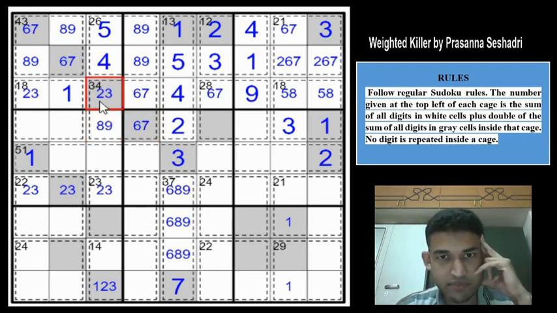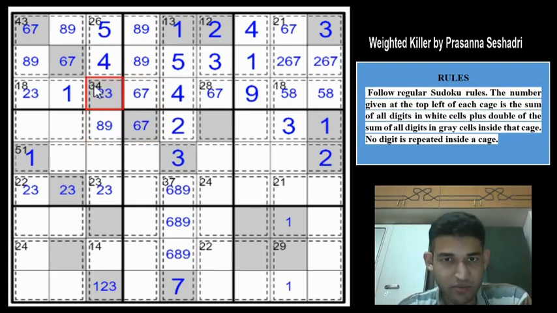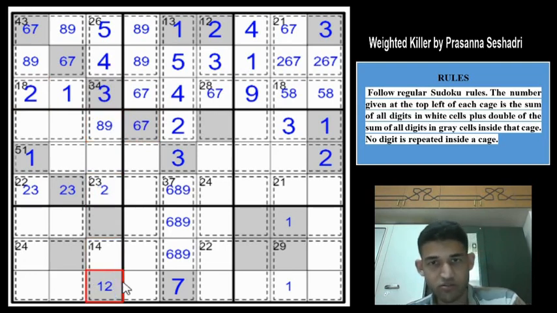Can we have a 2 and satisfy the total? This becomes 4, and maximum value here would be 14. 4 plus 14 is 18, 18 plus 6 is 24, and you can't satisfy. You can't have the 2 here as well, because if you double the values and see, if you have a 2 here and put the maximum possible value and try to maximize the total in the cage, still you won't reach 34, right? So you need to have a 3 here. I hope it's followable until here. So you have a 6 here, and depending on whether this is 6 or 7, you get 8 or 9 here, right? But you can't have a 3 here now, and you can't have a 3 here now. Perfect.